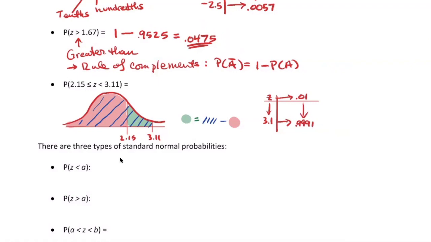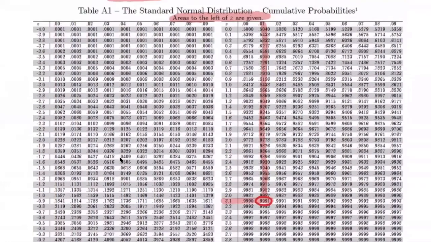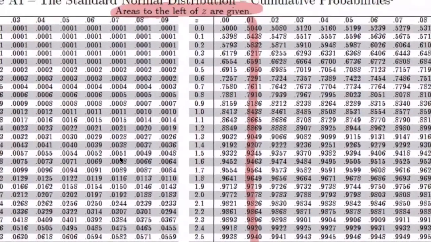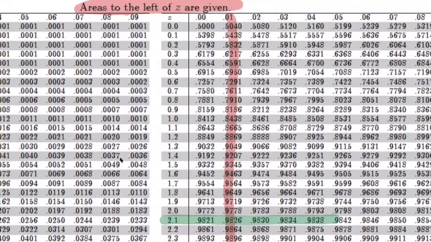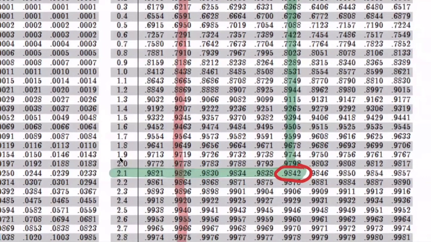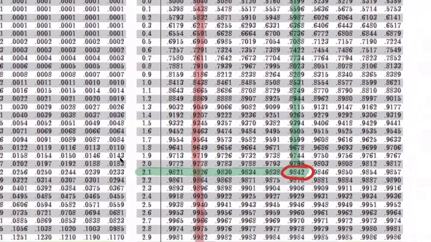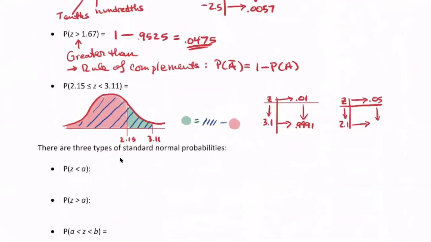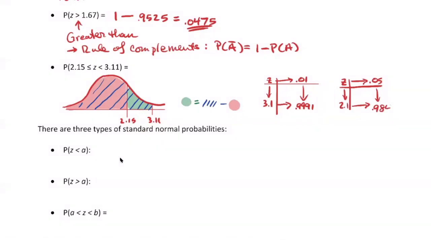Okay, and then we also have to look up the 2.15. Okay, so let's find that one. I think I'll switch colors here. So this is a little easier. 2.1 is here. And here's a 5. So I'm seeing a 0.9842. Okay, any questions about that? 0.9842. Okay, so